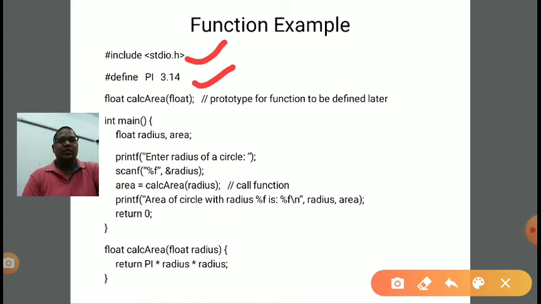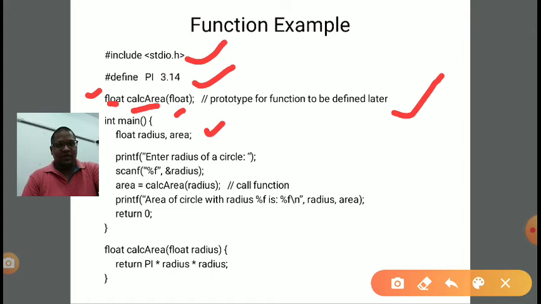PI is the name of the macro, 3.14 is the value. Now if you look here, this line is added. This is the prototype or function declaration in this program. The first thing is float, which is the return type, meaning the output type. The function name is calci_area, and in the brackets we have written float. Whatever we write inside the brackets is the data type of the input, and in front, whatever we have written is the return type, the output data type.